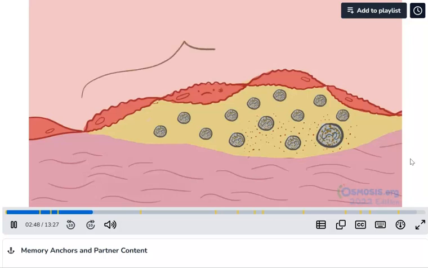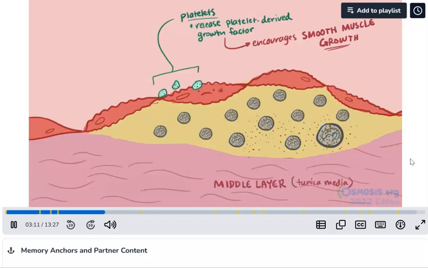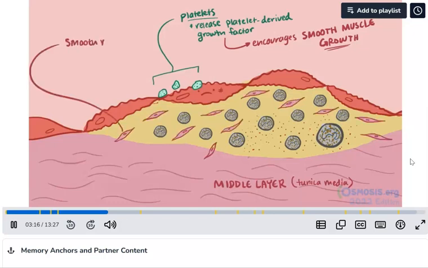As more and more of these foam cells build up, they form a lesion we call a fatty streak. Now the fatty streak is thrombogenic, meaning that blood can clot on it. Platelets begin to gather at the damaged endothelium and release platelet-derived growth factor, which in turn encourages the growth of smooth muscle cells. Now normally smooth muscle cells are supposed to stay within the middle layer of the blood vessel, the tunica media. The release of platelet-derived growth factor draws the media smooth muscle cells to the tunica intima, where